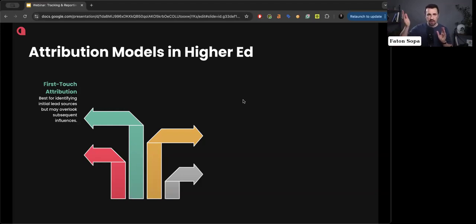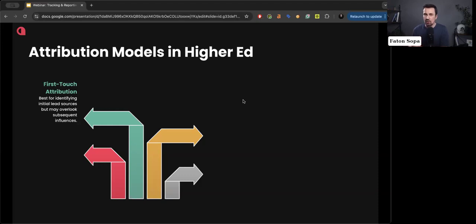They click on that, they read your program page, they close it. Then they participate in an online fair. Then they go directly on your website and request more information. In this case, when you attribute 100% to your organic search channel, you will overlook the influence of the other channels that came after that.